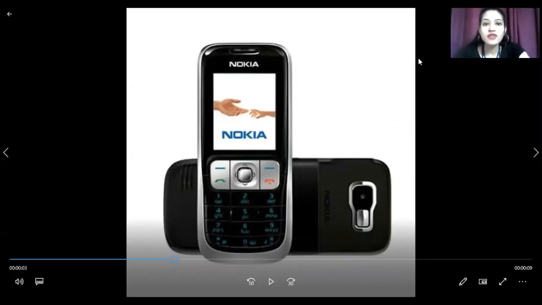So what changes did it involve? It involved a change in the weight first. Firstly, the weight was reduced. From 90 to 60s, there was a drastic change in the weight. So that was a plus one category. That's why I said that Nokia always tried to incorporate new things. It tried to evolve itself.